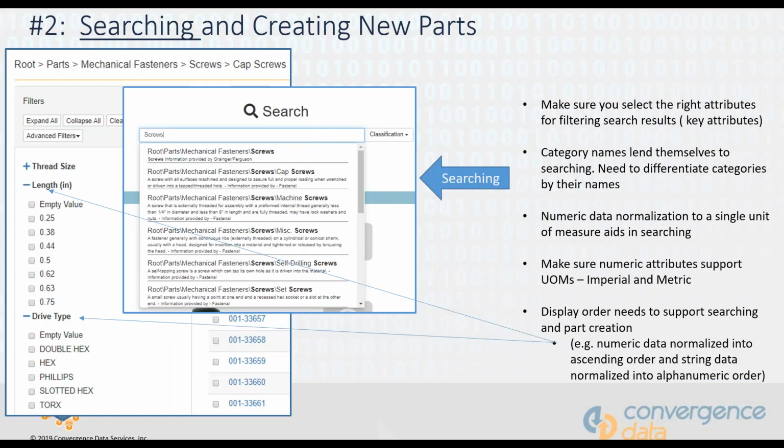Thank you, Megan. The next best practice we're going to talk about is a taxonomy needs to be able to support both searching for parts as well as creating new parts. And I'll be presenting this particular best practice. So let's start with searching. In this screenshot right here,